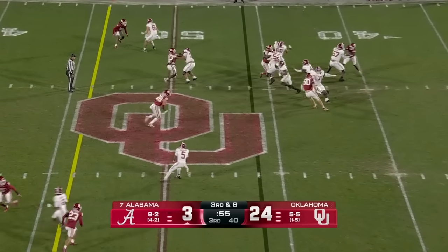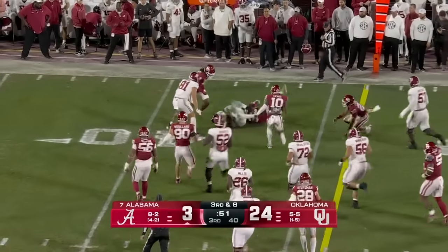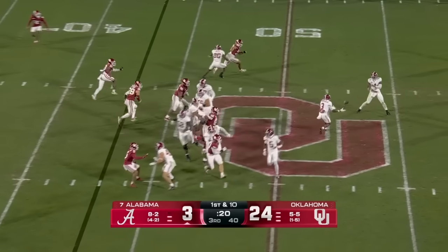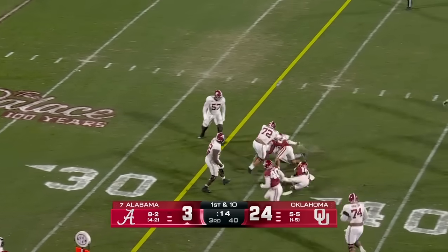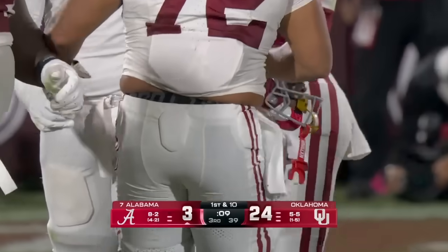Need 8 on 3rd. Milroe's running all the way. And Jalen Milroe finally breaks free. They hammer away at the end, trying to knock it away. Longest run of the night. Now it's a reverse and a flea flicker. Milroe flips it down to Bernard. Bernard escapes. Jeremy Bernard, after all that, has got a gain of about 9 inside the...